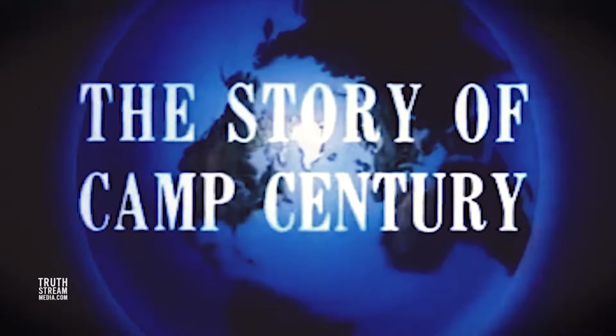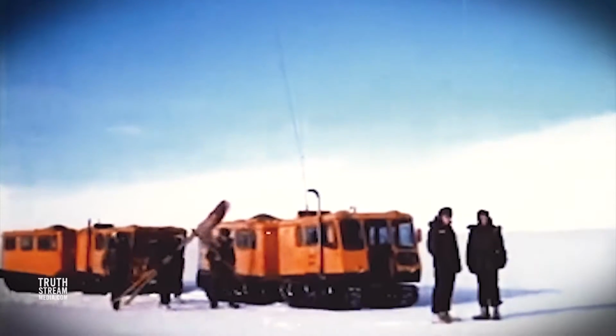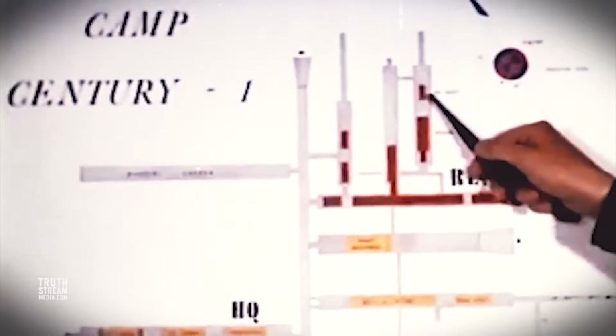Below the surface of a giant ice cap, a city is buried. Some very interesting disclosures were declassified about U.S. military installations in Greenland, which took place in the 1960s with the cooperation of Denmark and NATO. This is the story of Camp Century, the city under ice. While feeding European allies and the American people a highly publicized cover story about the triumphs over nature and building an underground city for research under the ice at Greenland's Camp Century,